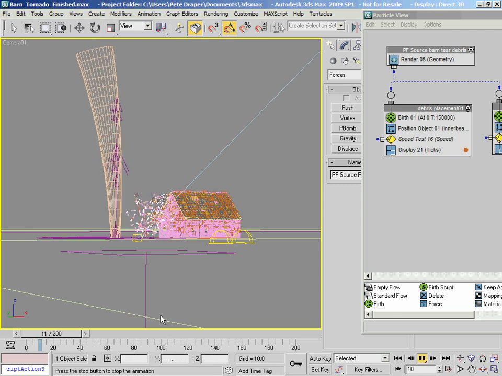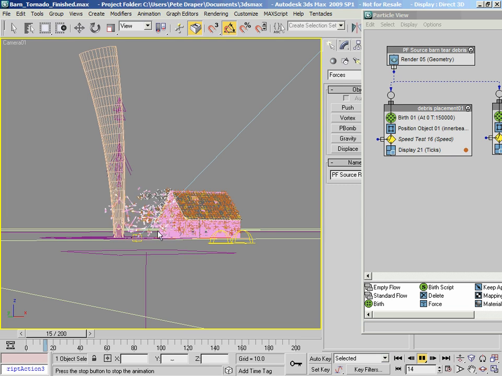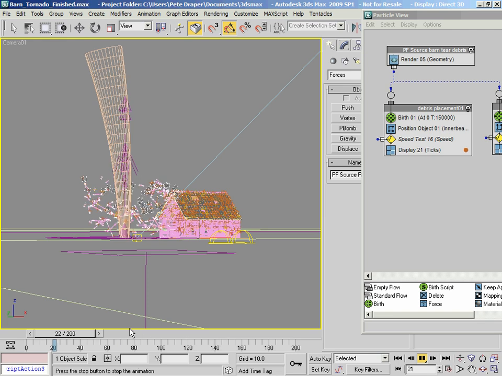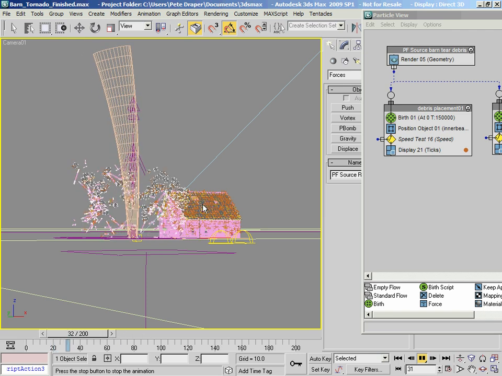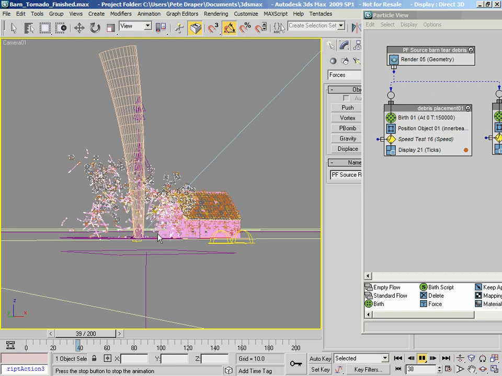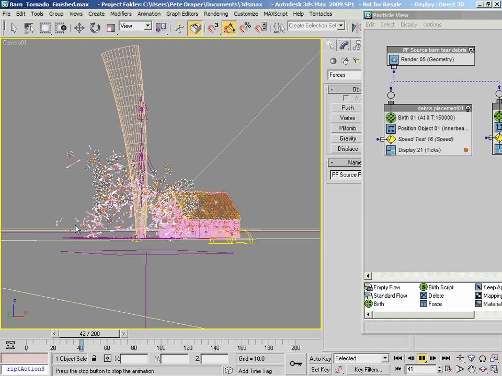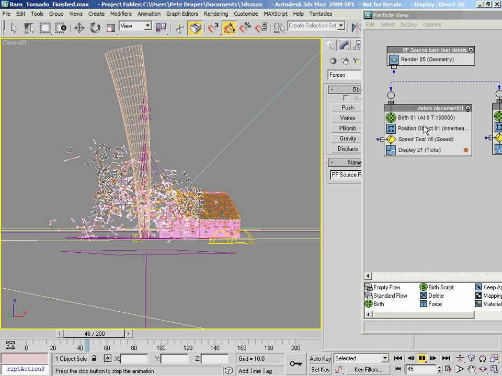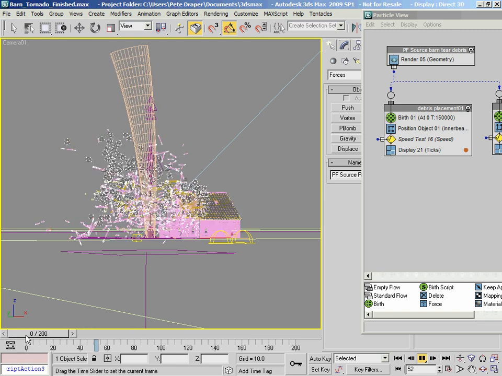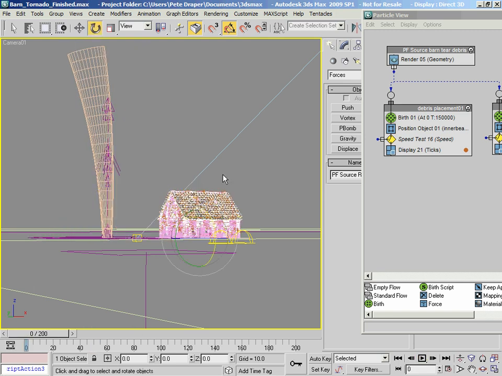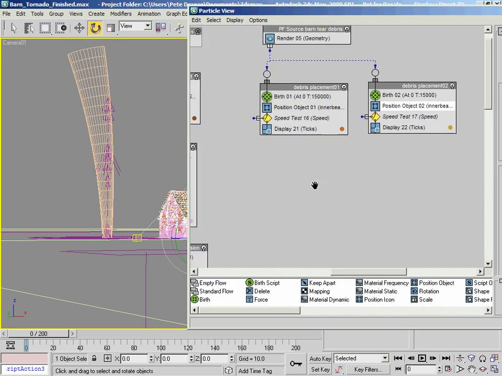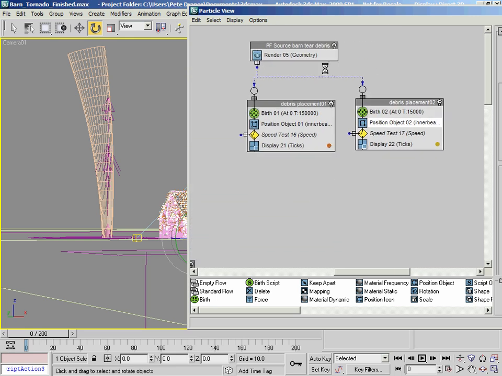Like I say, it takes a little bit of time for it to calculate, so bear that in mind. If you suddenly scrub forward to like frame 140, it will take a little bit of time. Bear in mind that we are dealing with 1% of the particles, so when it comes down to render time we'll have a lot more here, and we only want these particles to be emitted from these guys, we don't want them to be fully tracked by these guys. All the motion is going to be dealt with by a separate set of events down here, which we'll set up now. So the first thing, I'm just going to turn this guy off.